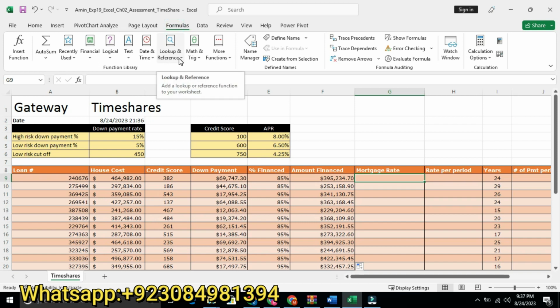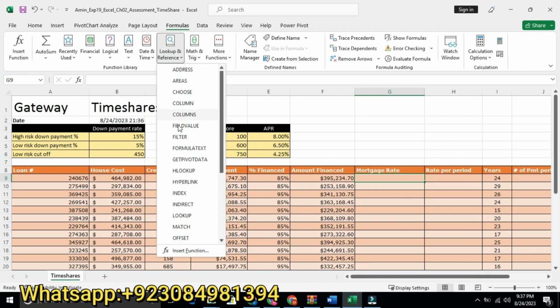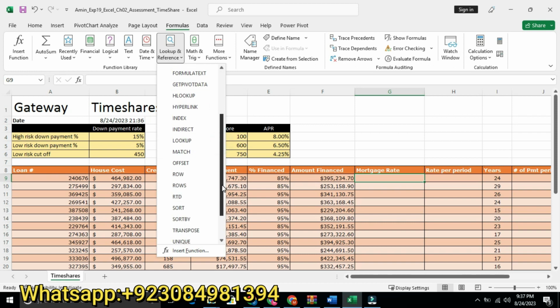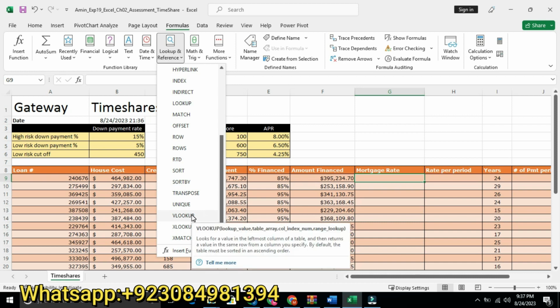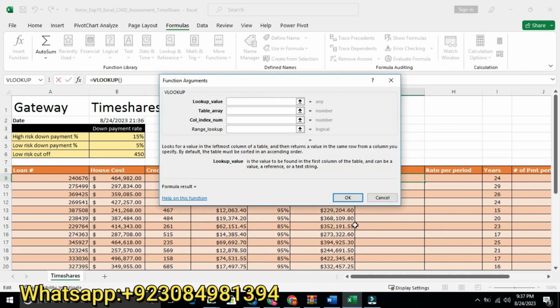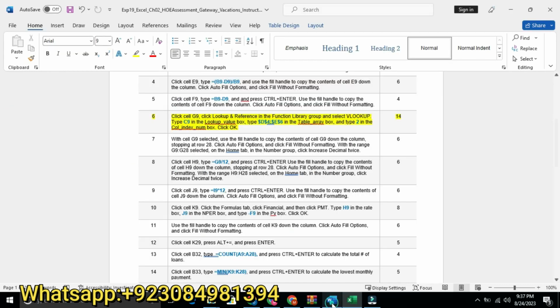We will go to the Lookup and Reference ribbon and select VLOOKUP. We need to find the VLOOKUP function in this. Here, at the bottom, we will find VLOOKUP. We will select this one and select VLOOKUP. Type C9 in the lookup value box. We will type C9.